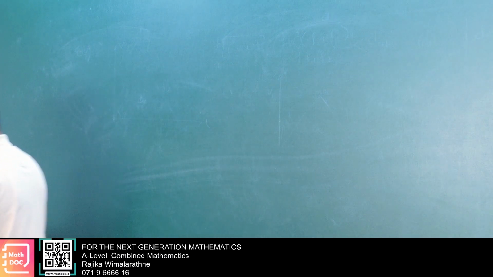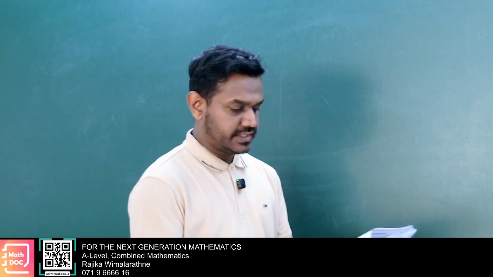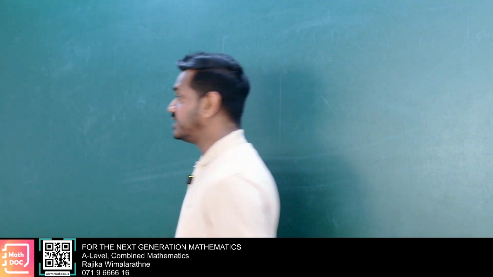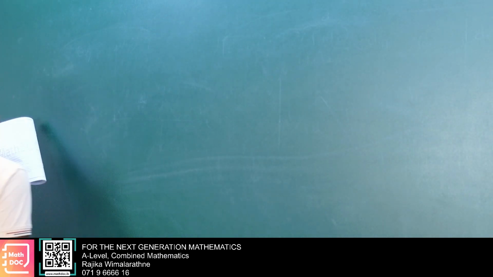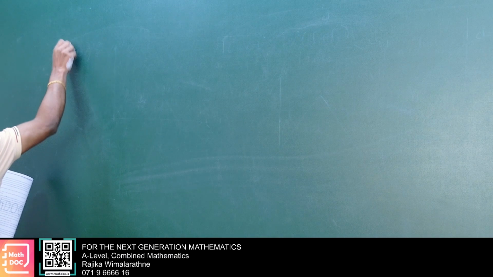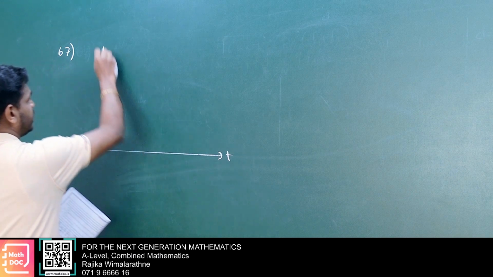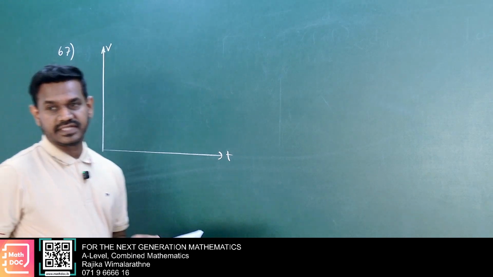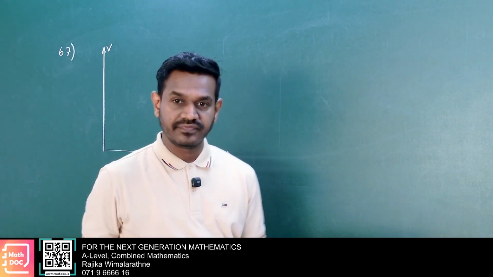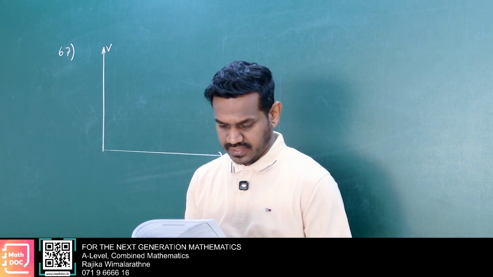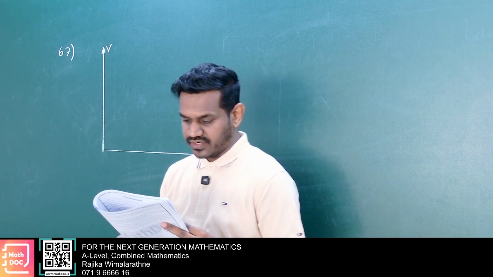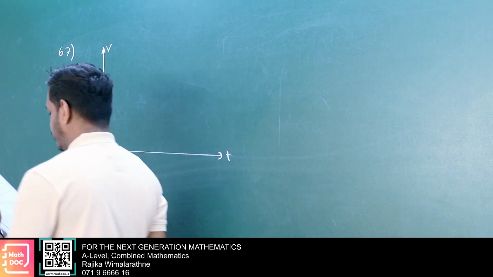Okay, question number 67. That also is a special question. First you see this. A motor car travels on a straight road. Here time and velocity. First check this one. I'll give you another question. A motor car A travels on a straight road passing a point O with uniform retardation